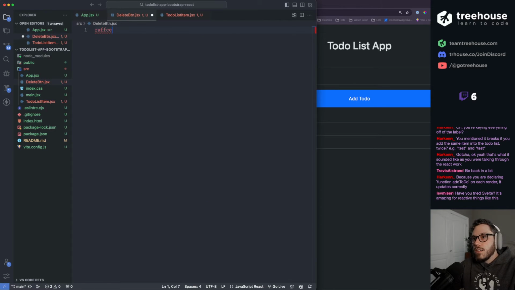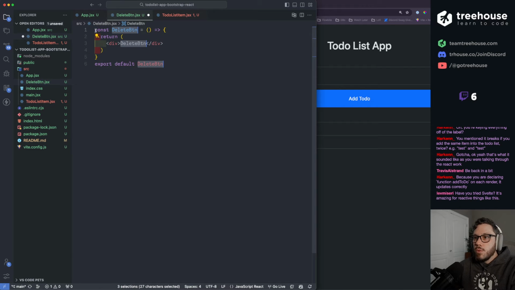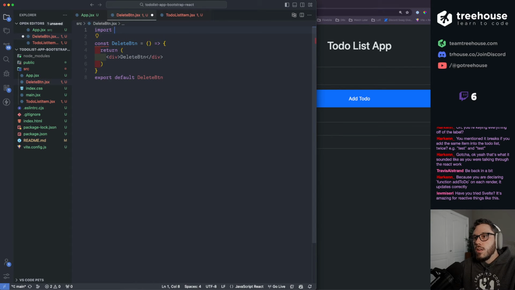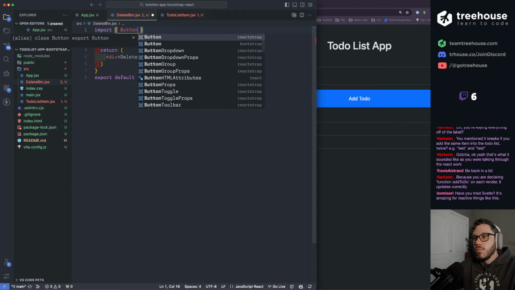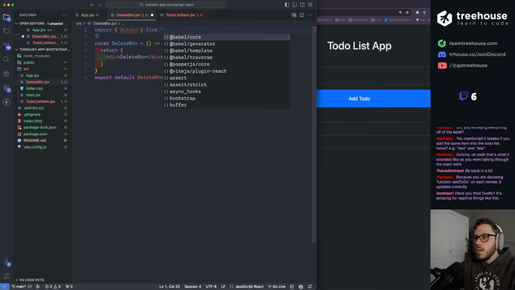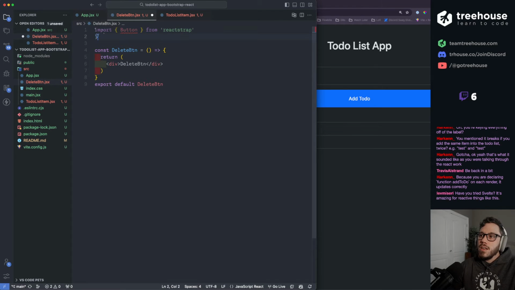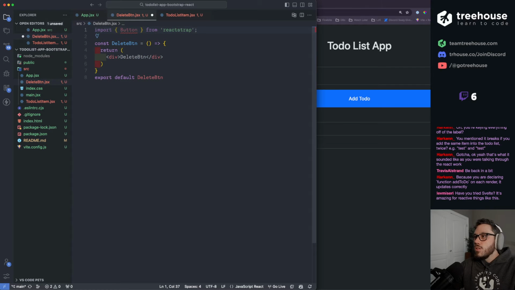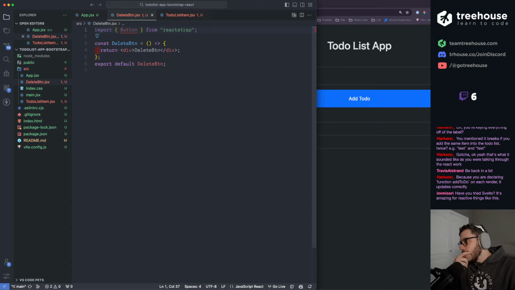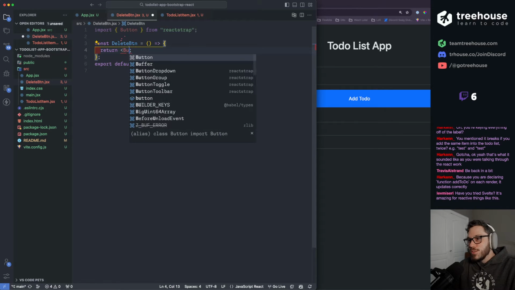All right, we're gonna do this. We're gonna import button from, what was it? React. Reactstrap, right? Yeah. Also, we're using Bootstrap. I have not used Bootstrap in years, and I'm trying to see how hard this is. And it's actually a lot easier than I remember, but I'm having fun with this. And I say that loosely. I'm not having the most fun with it.